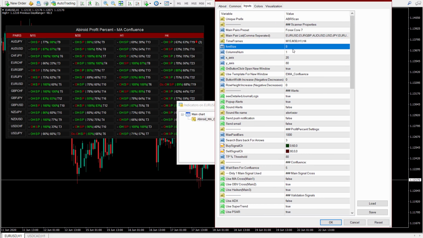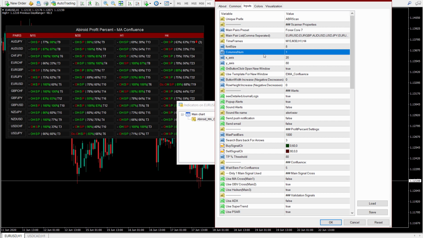You can specify the font size. If the dashboard looks too big, then you can have a smaller font size, which will also make the dash a bit smaller. And if you want separate columns, like this whole thing is one column, and if you want another, right here if you have a lot of pairs, in that case you can specify this to 2.